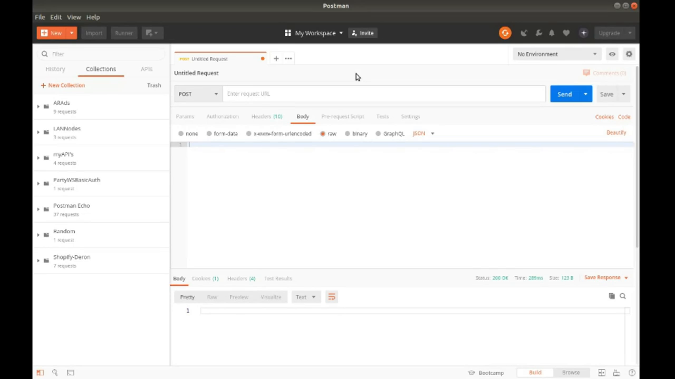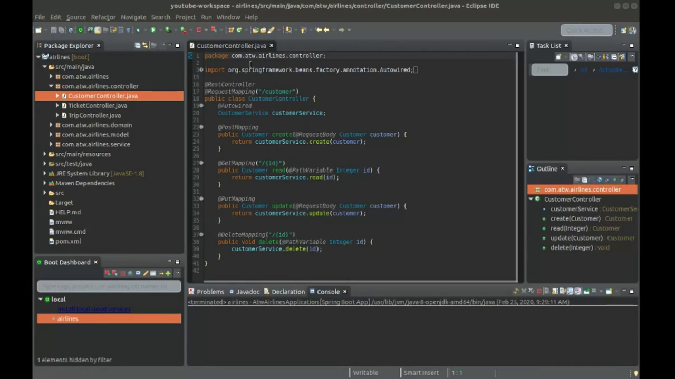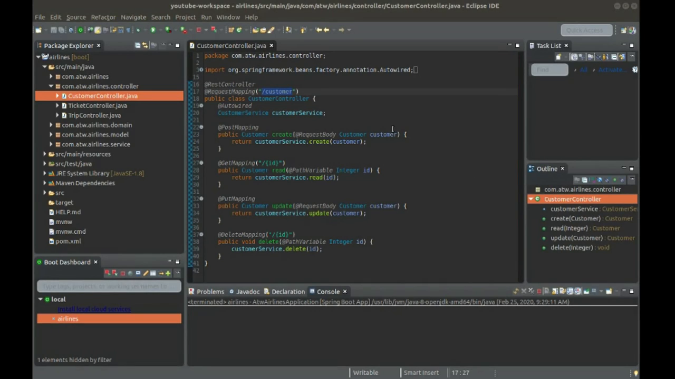So the first thing we're going to start off with is creating a customer. So when we're doing this, we need to make sure we are hitting our customer controller, which is here. So we need to make sure that we use this /customer resource when we're writing our URL. All right, before we can make a request to our API, we have to actually run our application in the